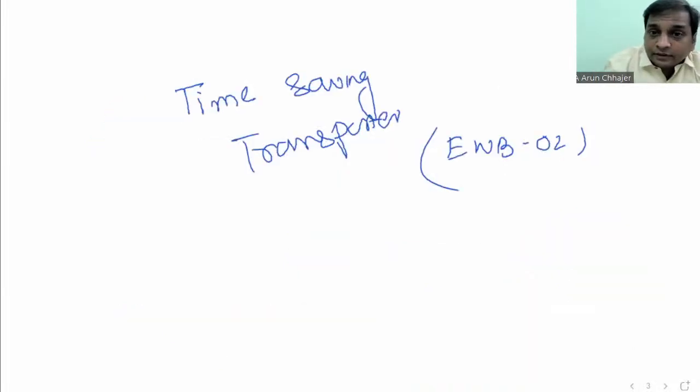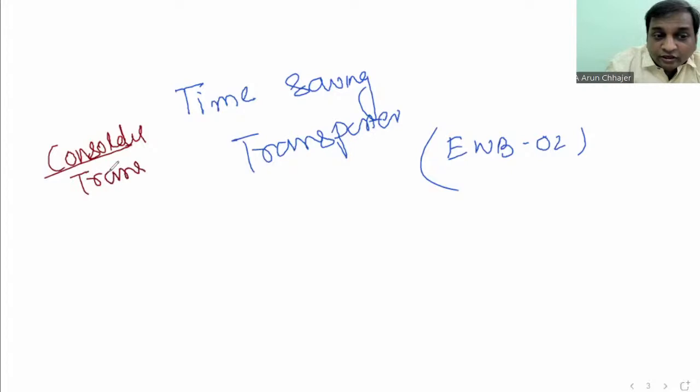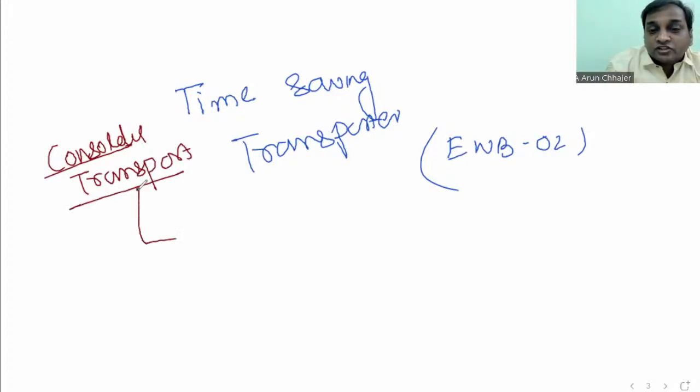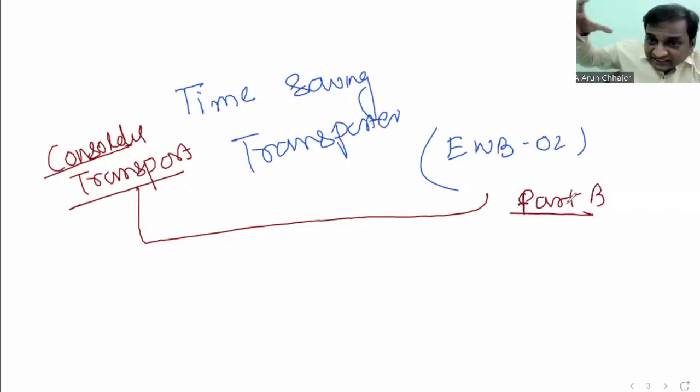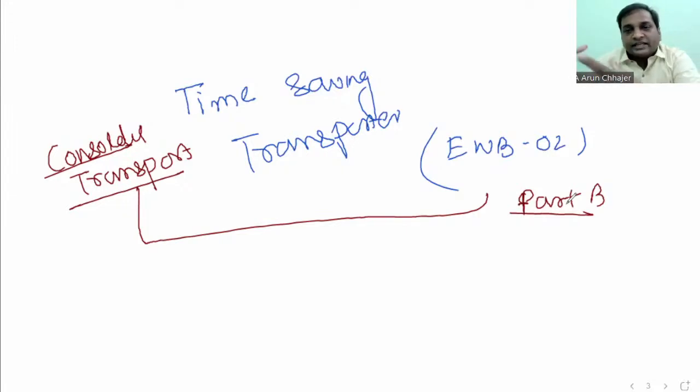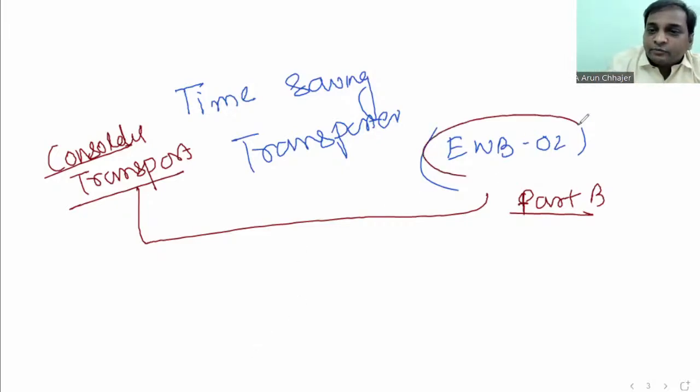So for that purpose, the concept of the consolidated e-way bill is prepared only for the transporter to make consolidation for part B. He knows that all these 100 consignments will go in a single conveyance, in a single truck. Then what he can do, either he can individually update,